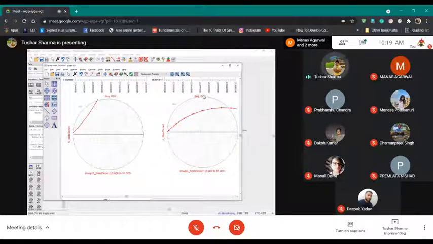But if I design in this region, it will be a bad area of design. And at the load, this area is all unstable and this area is stable.